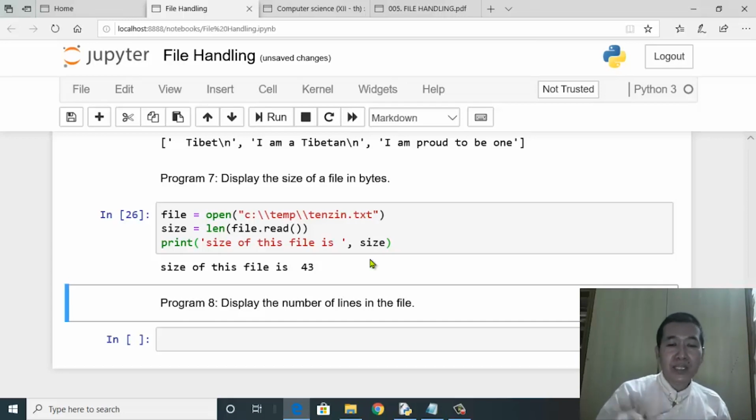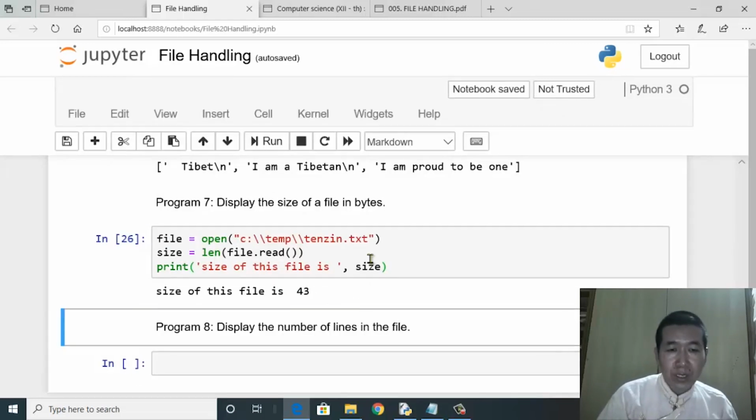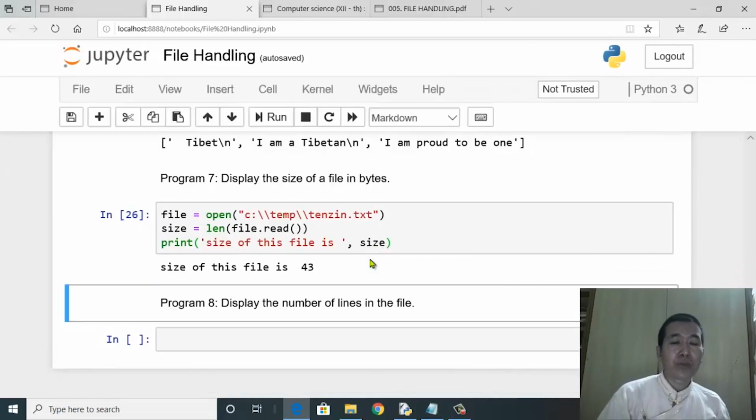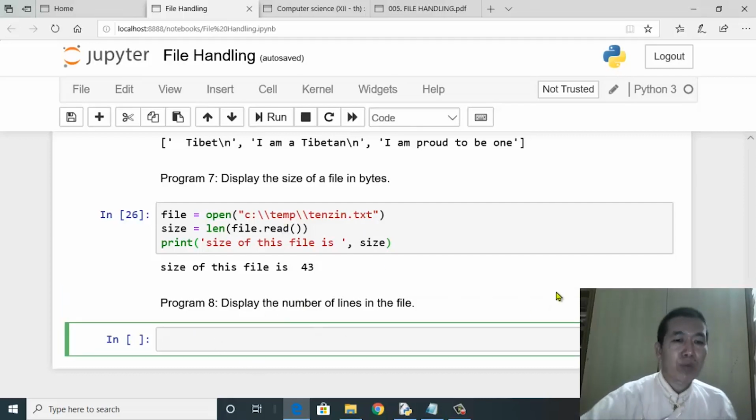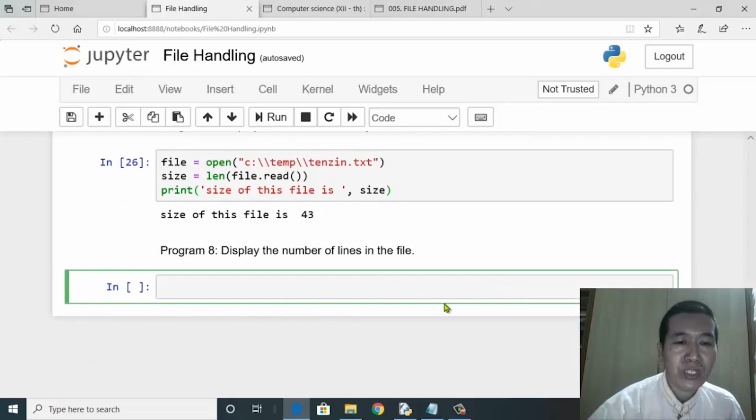So basically this is the main crux of the programming logic behind the calculation of the size of the file, right? But this is with regard to the situation where you have just text or characters in your file. If it were to be images, then it's altogether a different story. So this is how you write the program for question number 7. Okay, question number 8. Let's move on to question number 8.